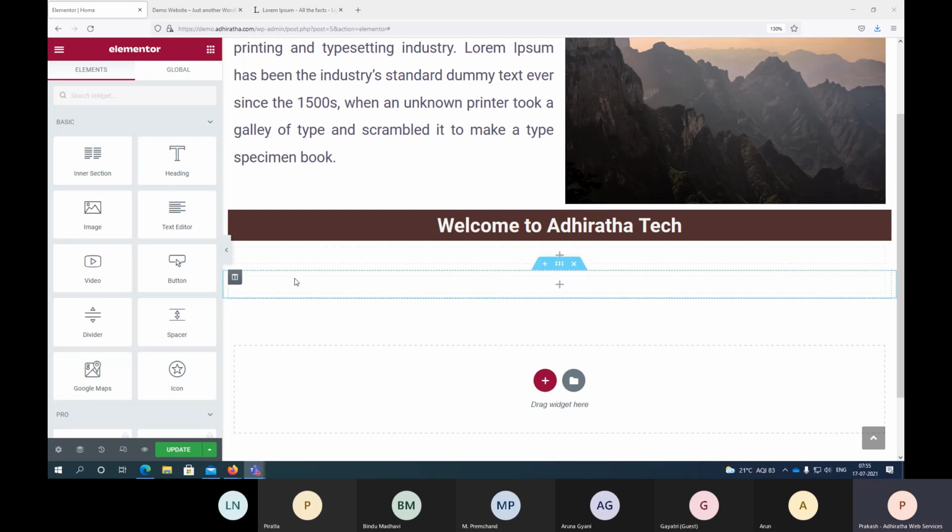We'll be adding these two components and seeing what they do. So one is spacer, another is divider, right? So let me add spacer here.